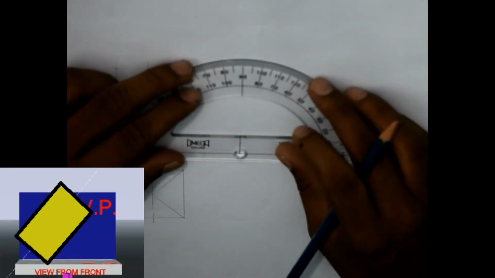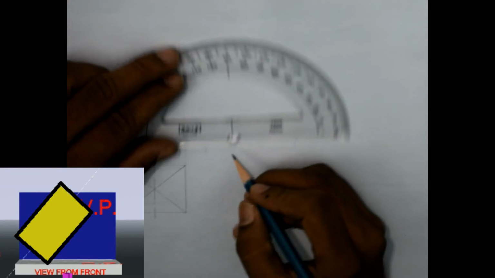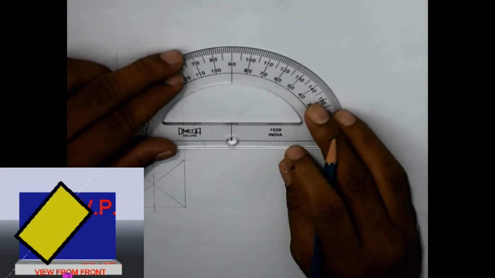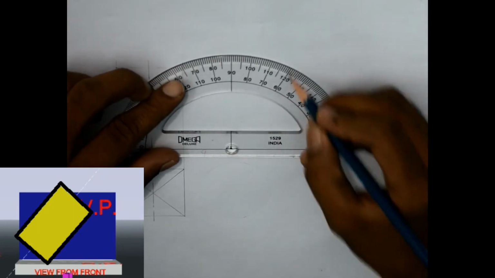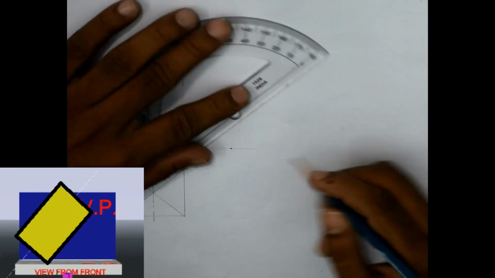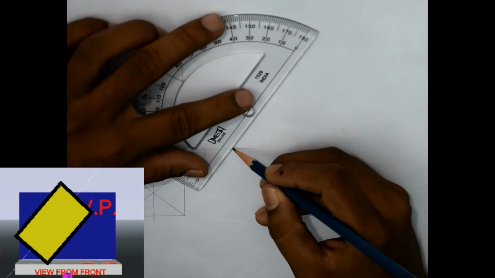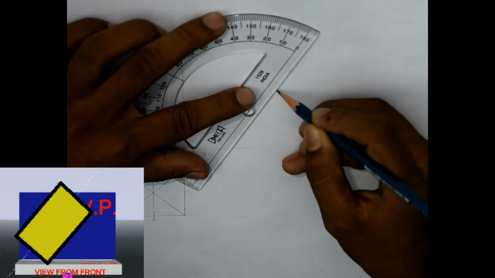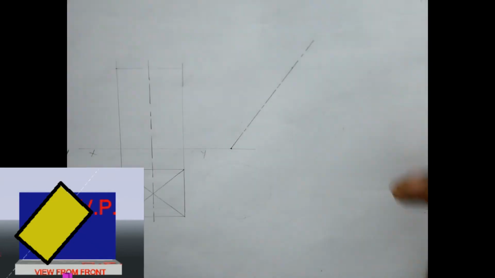Now when coming to the question, it is mentioned that it is inclined at 60 degrees to HP. So first I need to draw the axis line from anywhere from here. First marking the point, then taking the angle to be 60 degrees. So this axis line is completed.